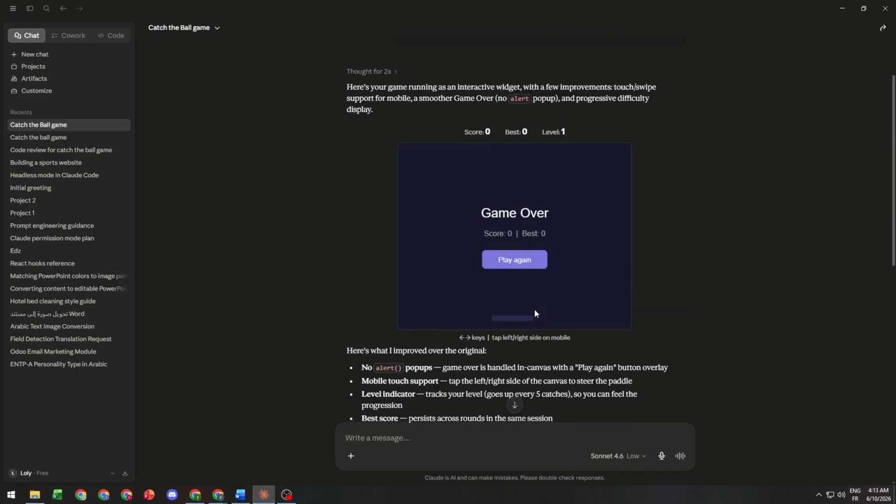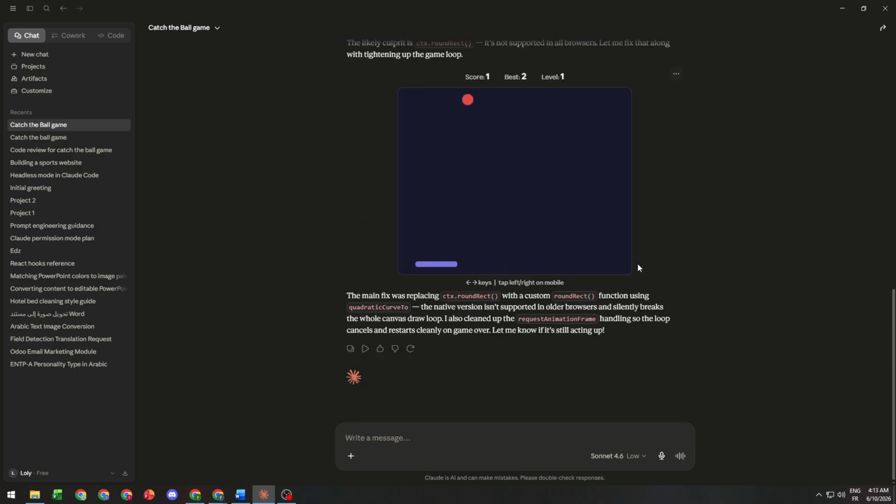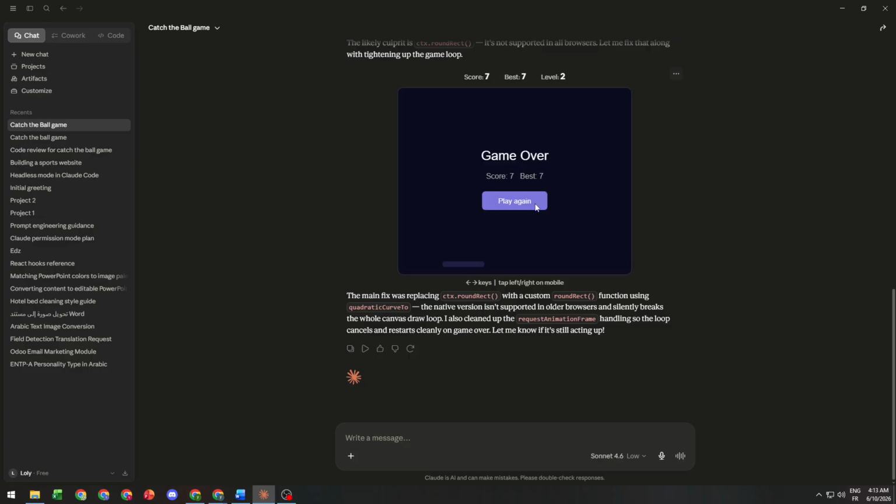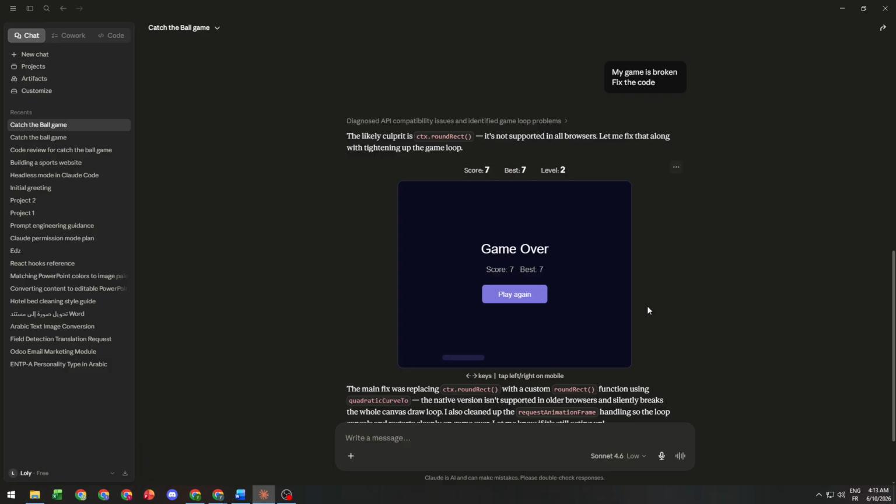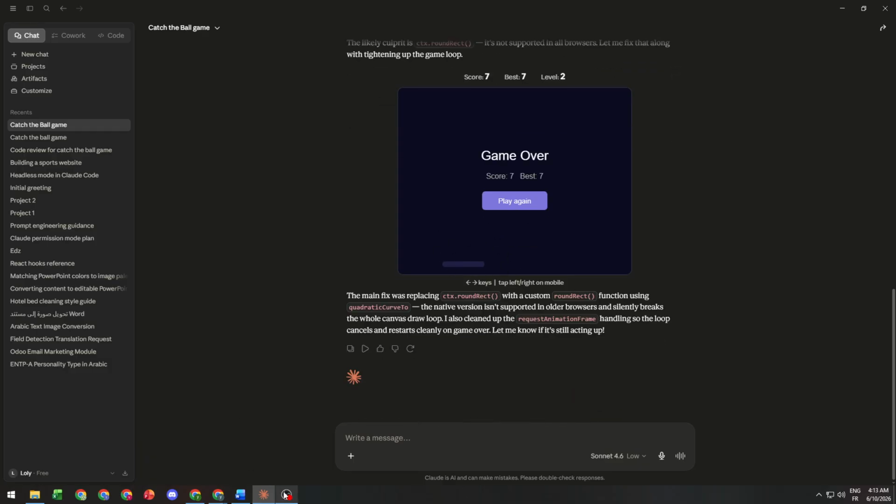Yeah, so as you can see, oh, we went up, so we can catch the balls. As you can see, the game is very playable, and now we can actually move this instead of simply watching it